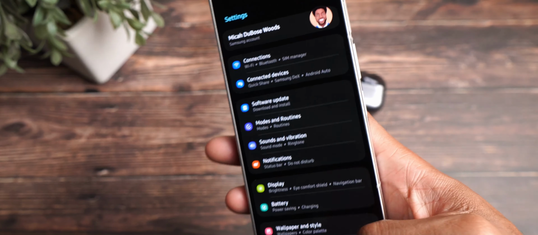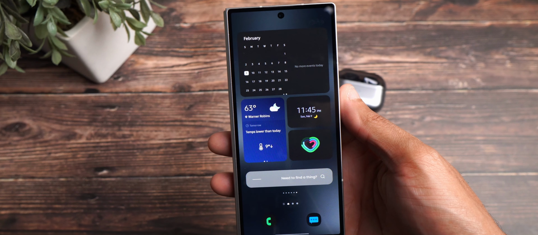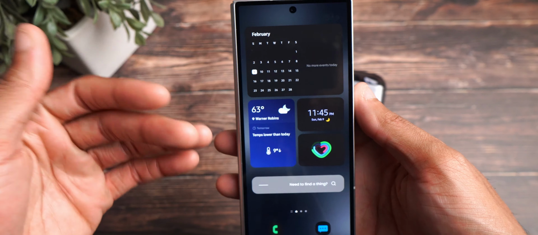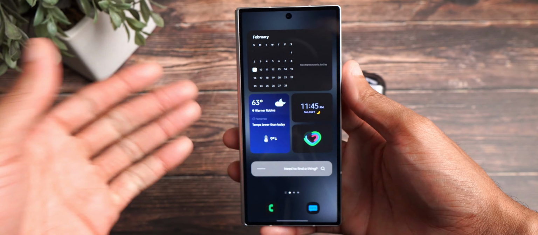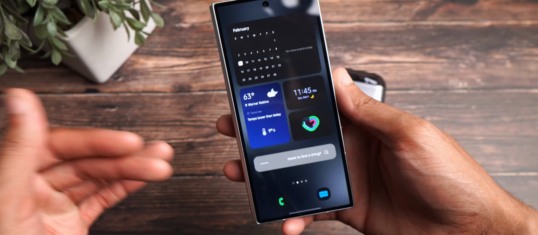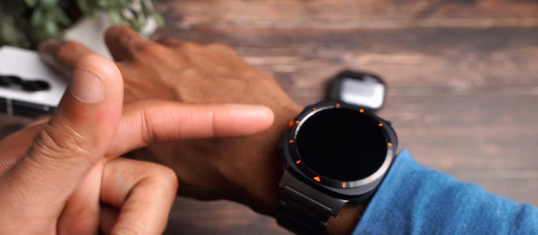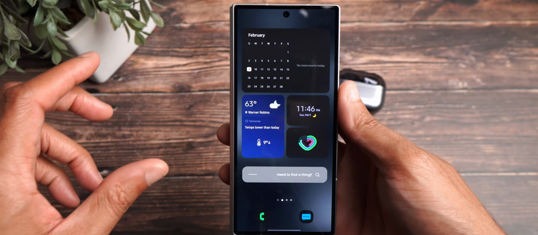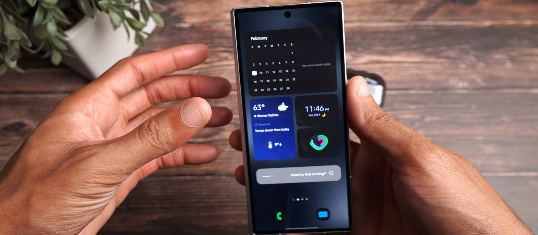But now it's that much easier with this routine setup for the watch and for the buds, so that way I don't have to do that much. It already knows based off where I'm at for it to activate and do it for me, and that's something I don't have to do. So that's something that I actually look forward to really using more and more often. I love using it here because, as you see, my always on display is off, and that's because of that routine. And so those are the two main things that minimized my hands-on activity and simplified my setup,